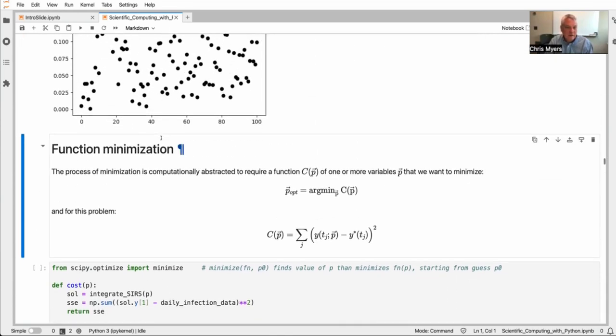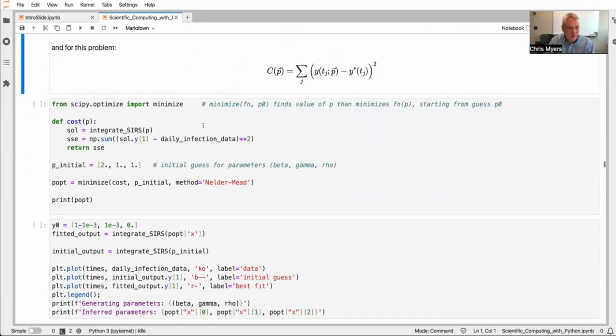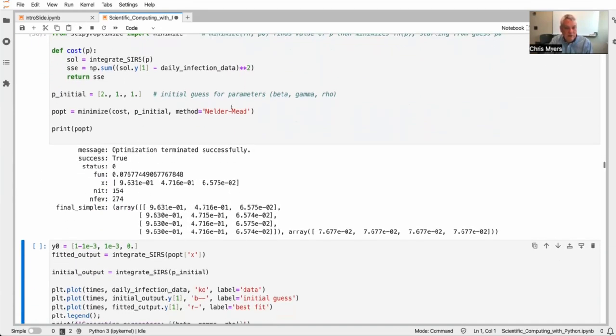And then I constructed this so that I just have daily infection data, and I'm computing the solution on a daily time scale. And then I typically need to provide some initial guess for the parameters. So I'm just going to make some initial guess for what the values of beta, gamma, and rho are. But then when I pass all of that to an optimizer, in this case using this Nelder-Mead method, which does a kind of simplex optimization, I get a solution where I see here that